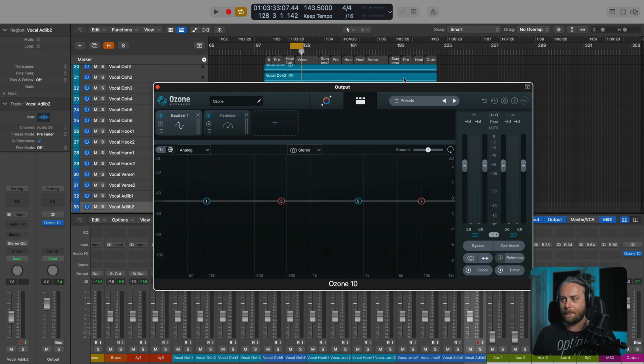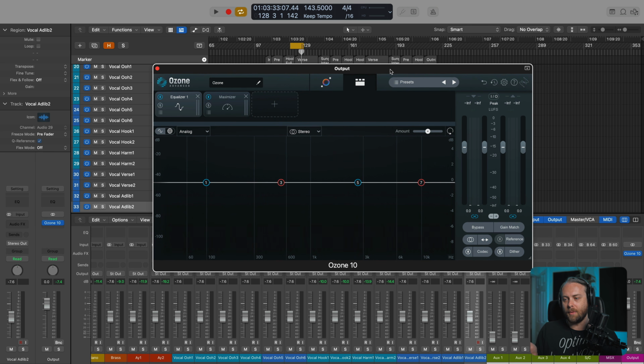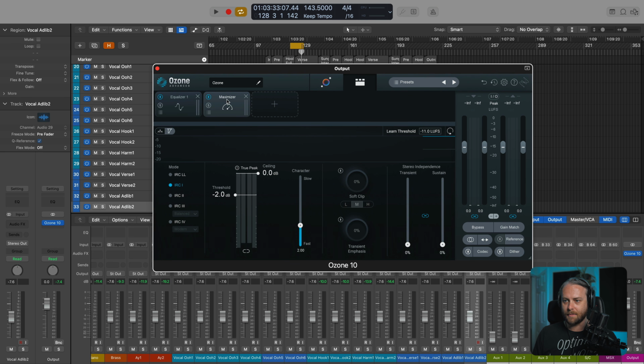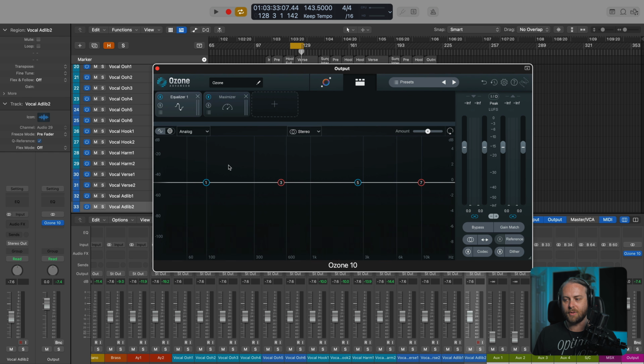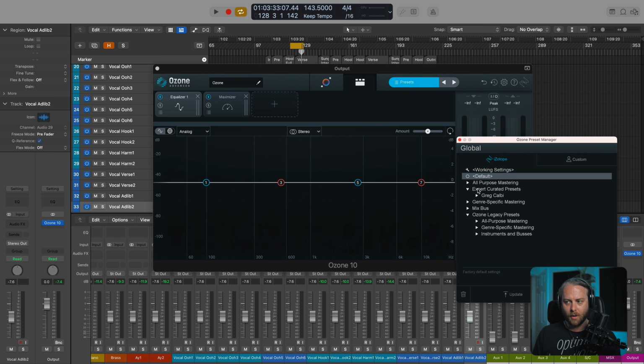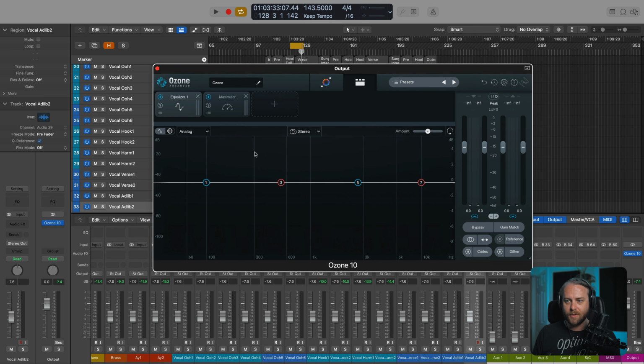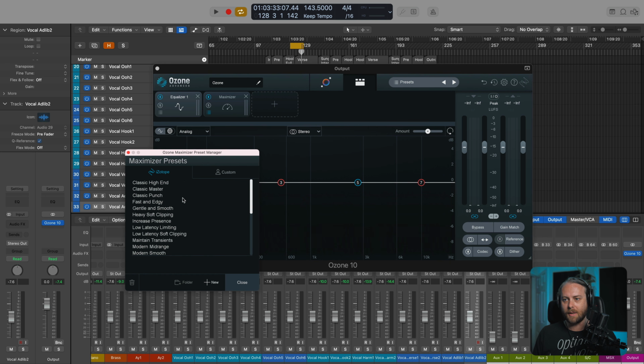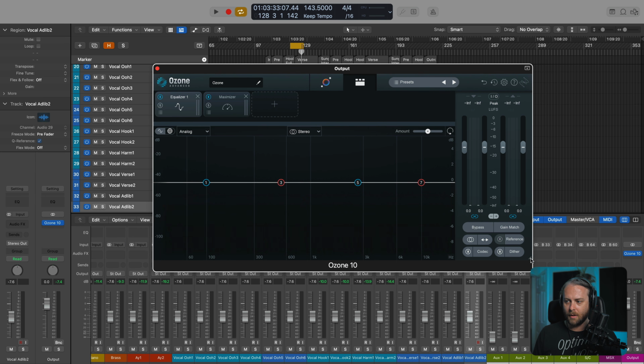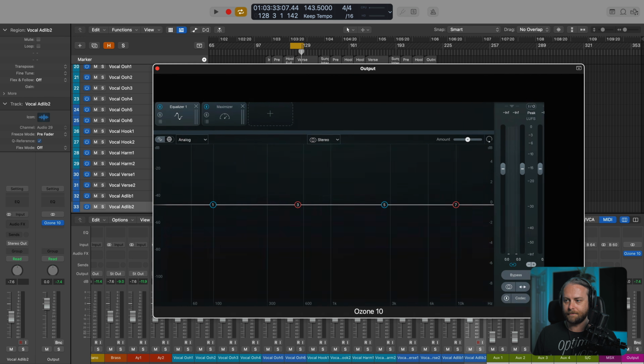So there we go. And this is the view that I think most people are familiar with when they think of Ozone, where we have a module and its controls and parameters. Maximizer, these are its controls. EQ, these are its controls. We have an I/O section over here. We have the global presets menu here where we can toggle on different parameters that will affect the entire Ozone mothership. We have individual module presets over here. Click these three bars, you get individual Maximizer presets. And you can also pull on this little guy and it will expand or contract and resize.